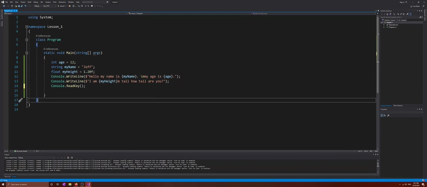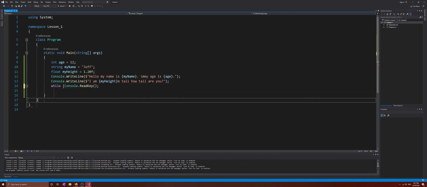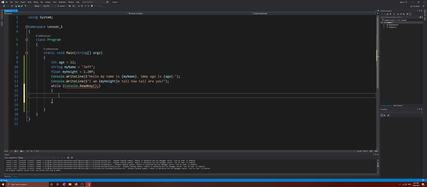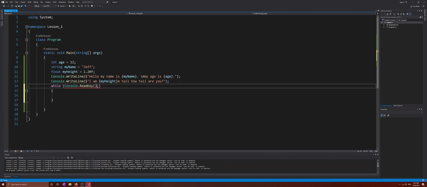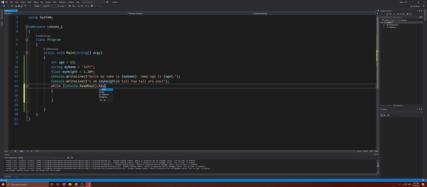Now, that's a little bit more complicated, but you could write while, and then we can enter some curly brackets over here. I spelled while wrong. So you go while, and then enter some curly brackets, and then you go Console. We're gonna delete that. Console.ReadKey, and then we're gonna go exclamation mark equals